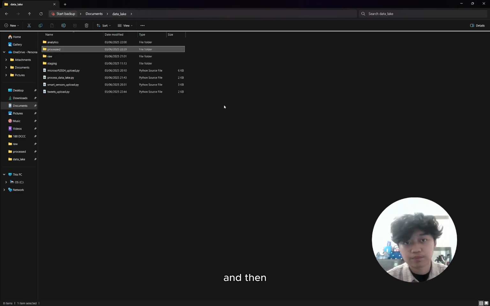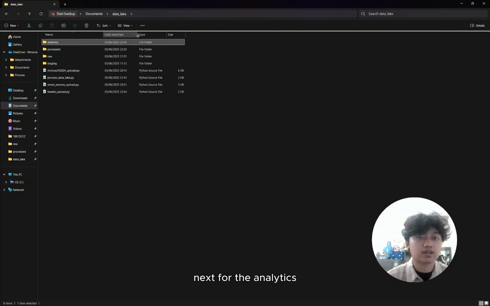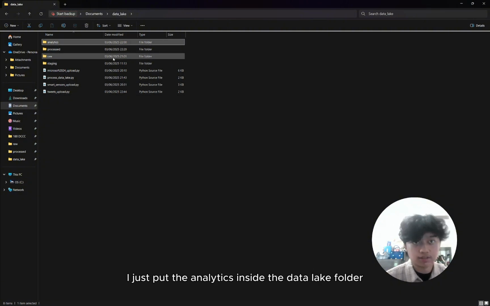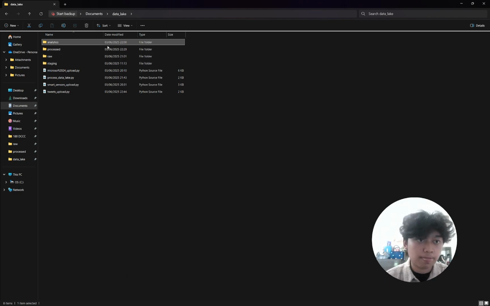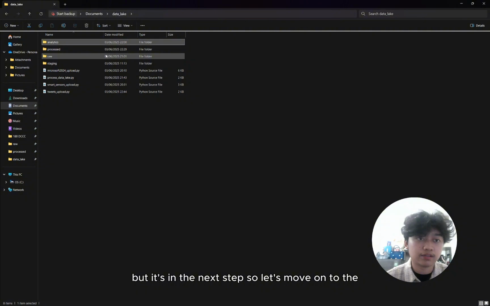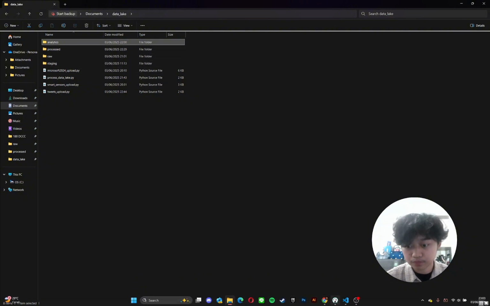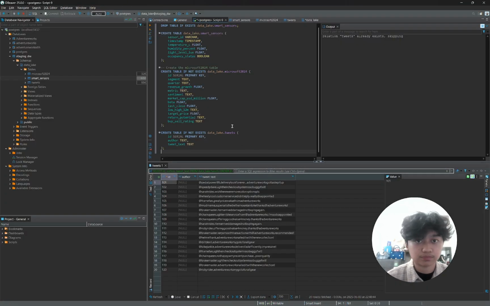Next, for the analytics, I just put the analytics inside the data lake folder also, but it's in the next step. So let's move on to DBeaver.